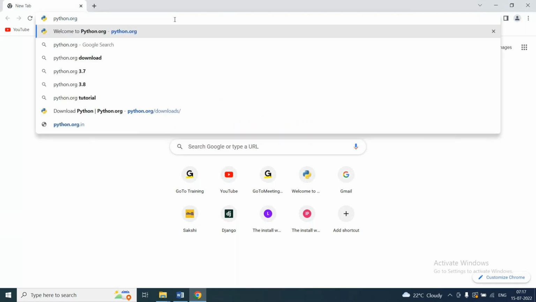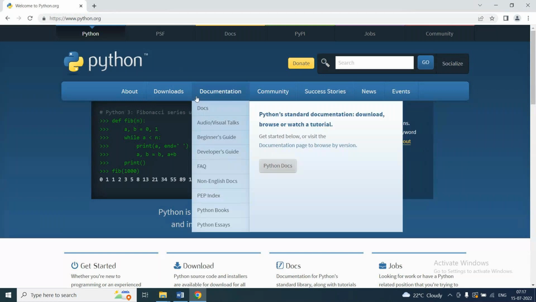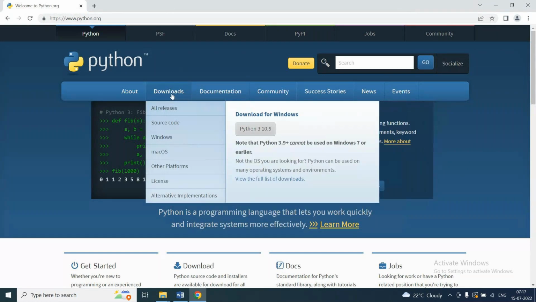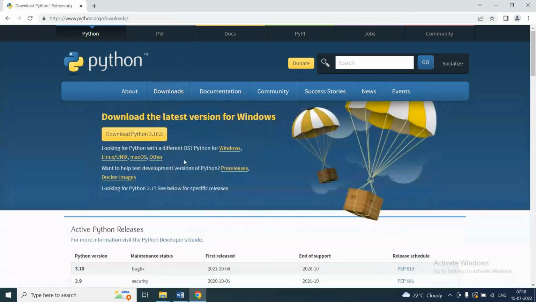So here I'll go to python.org and click on downloads. Don't directly click on this button, because this will install 64-bit Python. If you want to choose 32-bit or 64-bit, click on downloads. In downloads, it is giving this button, but without clicking on this button,